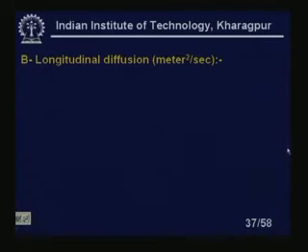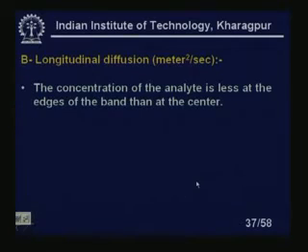Longitudinal diffusion, this is again the problem. We are always talking about lateral diffusions. We have longitudinal diffusion, which is in meters square per second. The concentration of the analyte is less at the edges of the band than at the center. Obviously, it is not a homogeneous mixture, because it is a mixture after all, it is not a